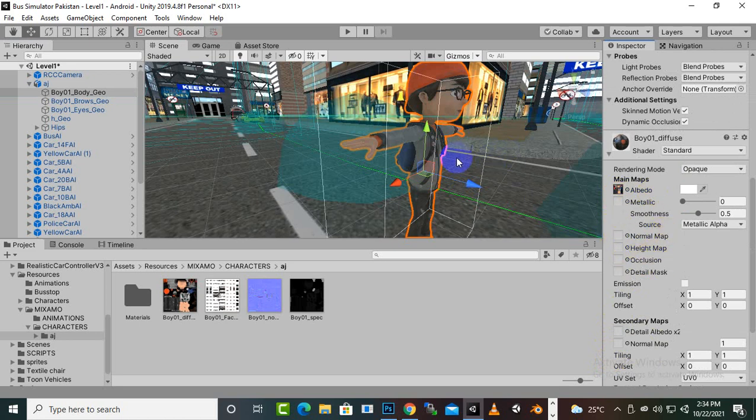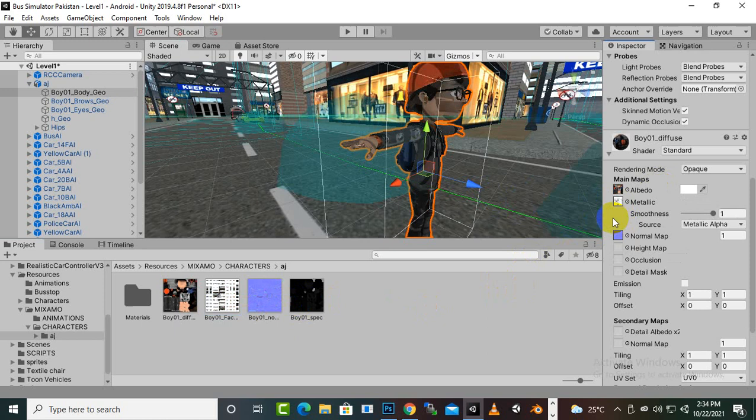And if you need it to be more accurate, more realistic, you can add a normal map here, and then you can add a specular map as well if you want. And if you want to add a metallic map, you can add it here.